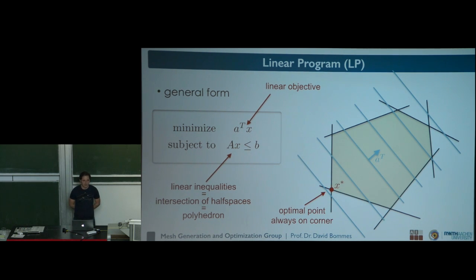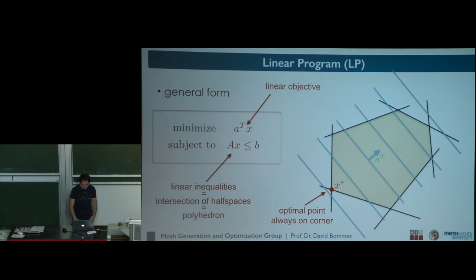this polyhedron. Why a corner? I mean, you can easily see if I have a polyhedron and I have a linear function, then there's always an optimal point, which is a corner of this polyhedron. Because if it would happen that the gradient aligns with one of these sides, then of course you could choose one optimum which is on the side, but you can also always choose the corners themselves. This motivates algorithms like the simplex method, which just walk from one corner to the next until they find